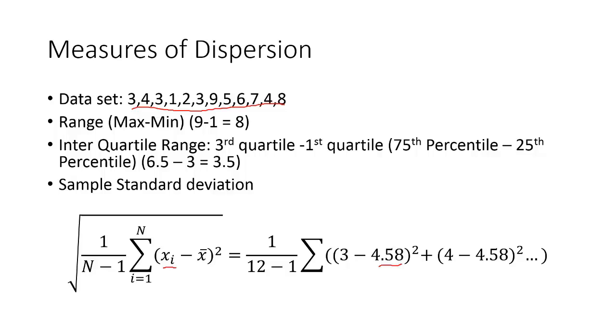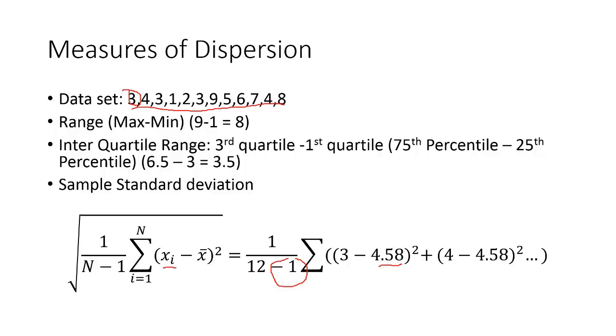So we will take the first data point, which is 3, subtract that from 4.58, and square that value. We would take the second data point, do the same thing, and keep adding up these squares. Once you add up these squares, you take something that looks like an average. It's not an exact average because you have this -1, and we'll talk about that in a minute. But in concept, you are trying to get an average of the squared deviations, and you'll ultimately take a